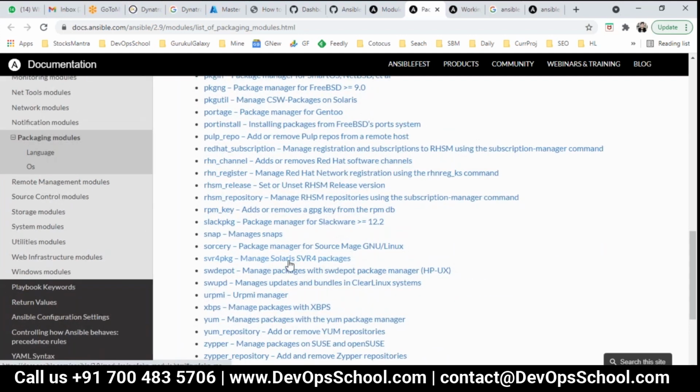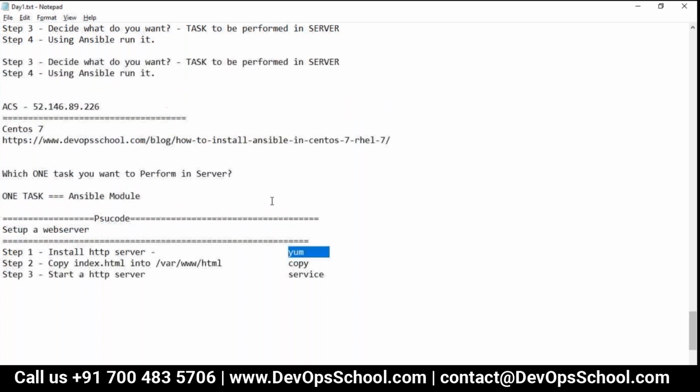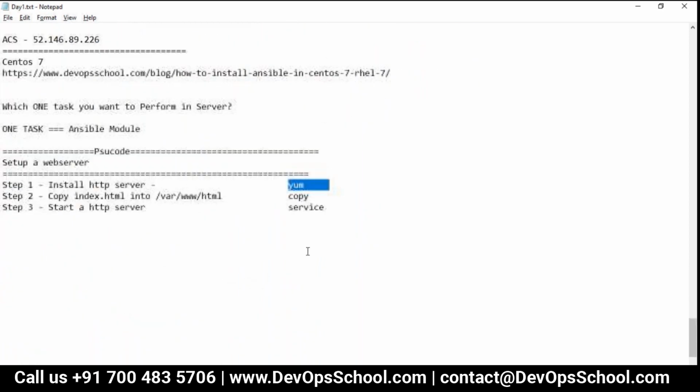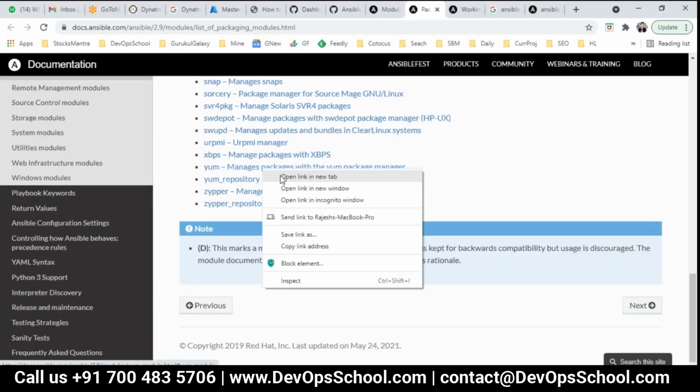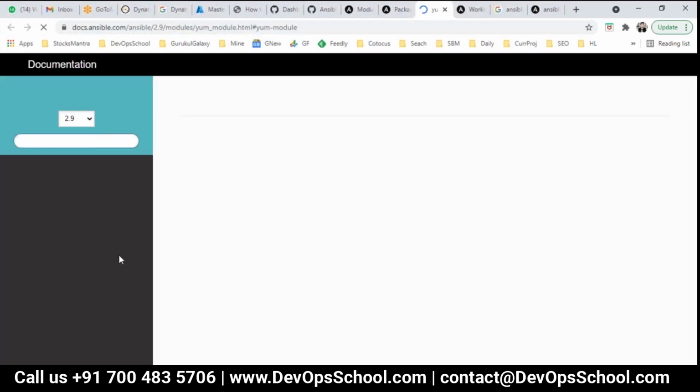Yes, right. Remember, so understand that whenever you have a project, write this project, convert it into the pseudocode. For each pseudocode, you write a module name. Find a module name. Now here for the copy module. For starting the service, I know that, so I'm just speeding up, service module. Simple. Now I told you each module requires a parameter. So you will go and look for the parameter which is required. Okay, only the required one.